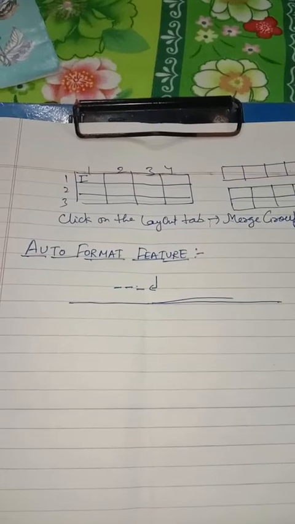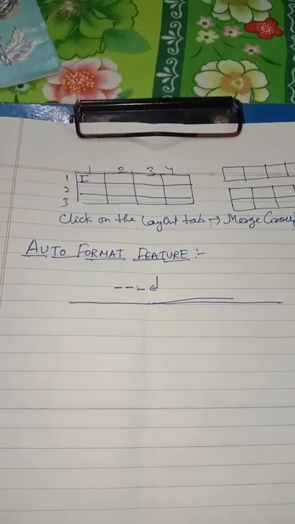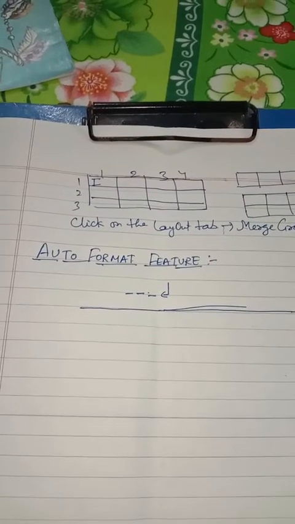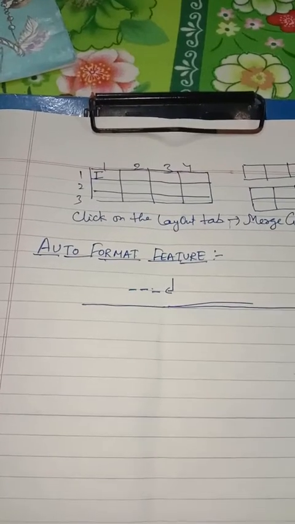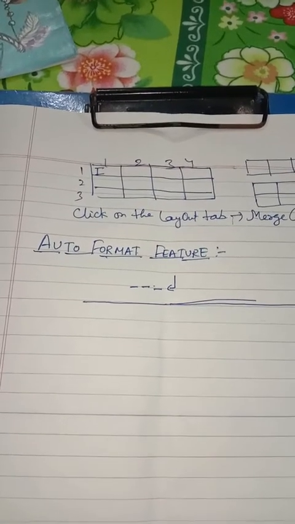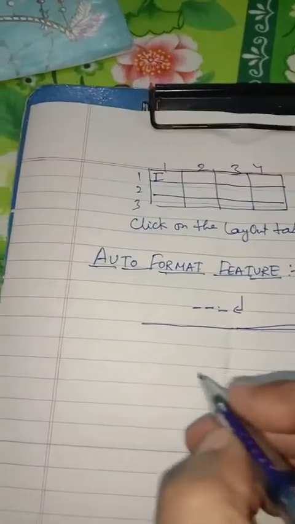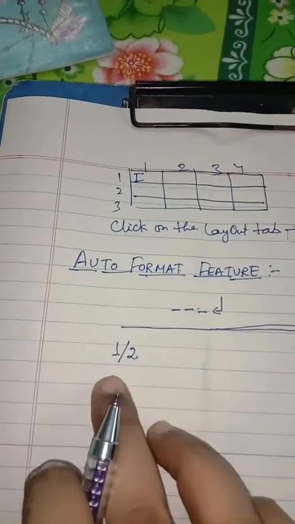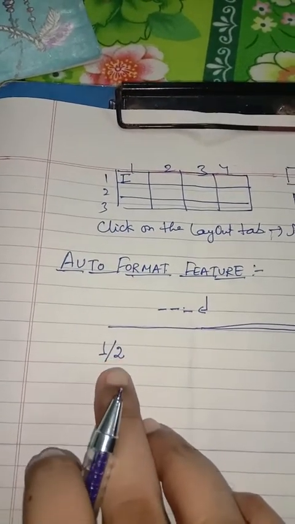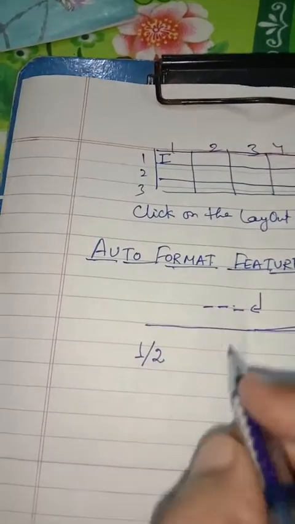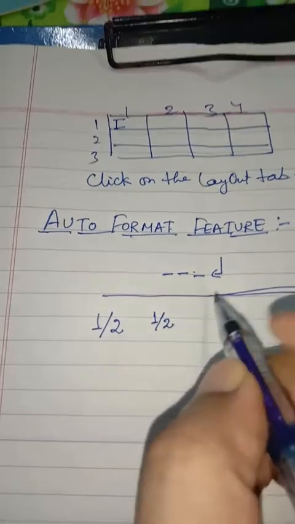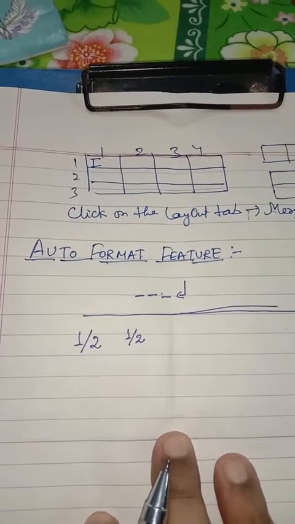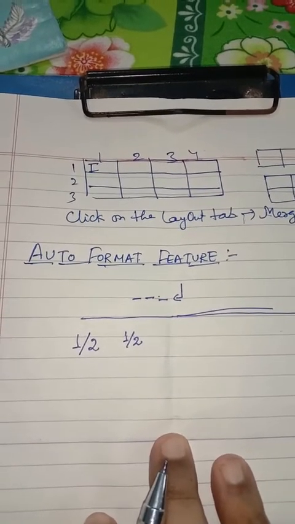Now there are many different auto formatting features that have already been set. We just have to write the text and then press the enter key or space, and it will automatically get converted. Suppose I have written a fraction with 1 by 2, and after writing it, as soon as I press the space bar, it will get converted into a small fraction character. So this is the auto format feature. In this way we can auto format our text.